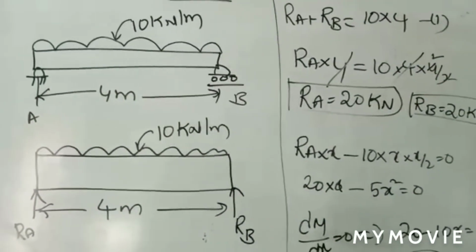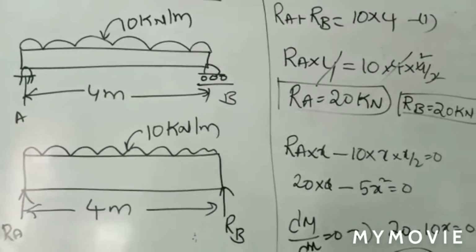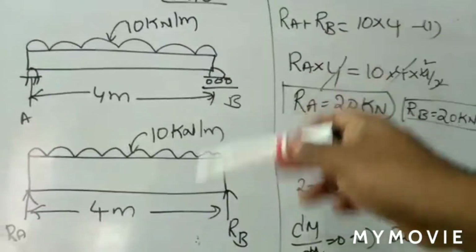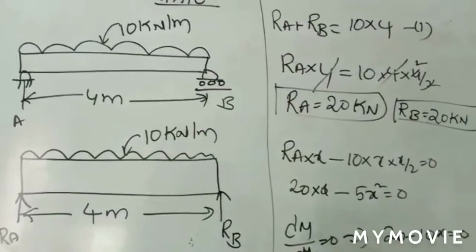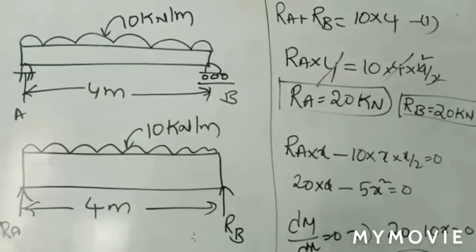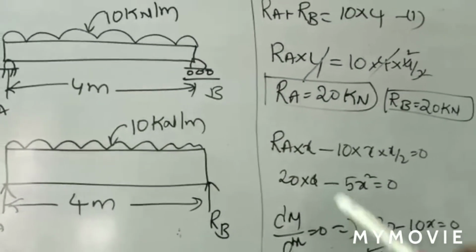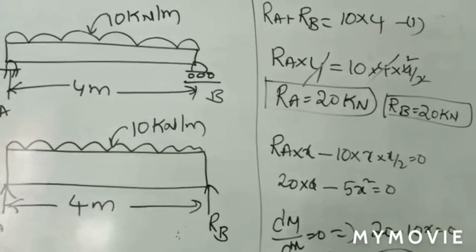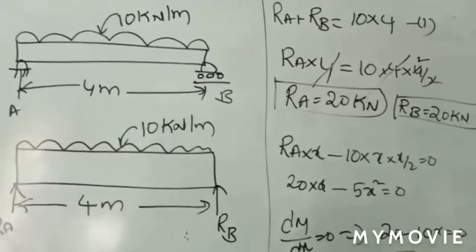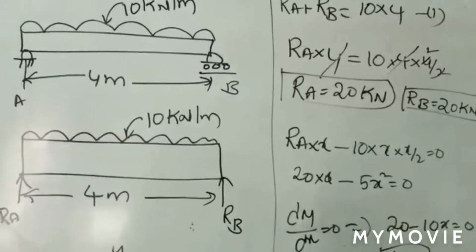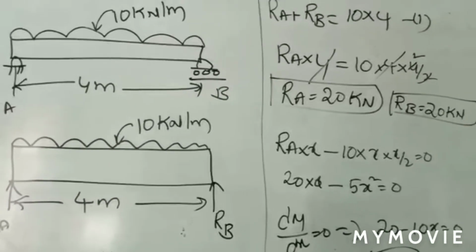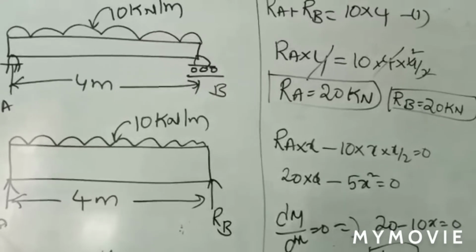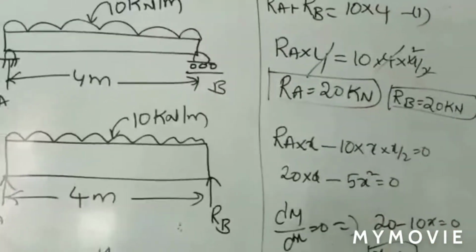On that particular x, you have your maximum bending moment value, right? So taking the value of x from your left end, that is from point A, and taking the moment of forces, that is RA into x minus 10 into x into x by 2. We consider this procedure simply in order to calculate the location of the maximum bending moment, so that you can easily get the maximum bending moment value for this particular beam.